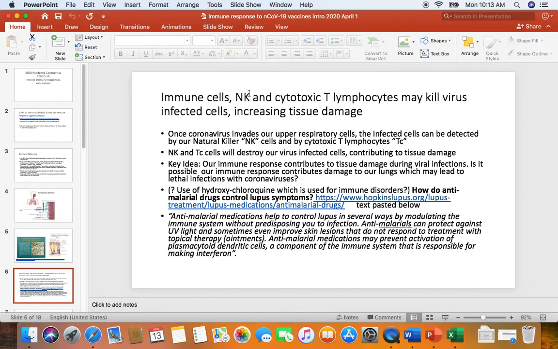NK cells are natural killer cells. And then this is a second cell of the immune system, cytotoxic T lymphocytes. These cells are able to recognize our cells that have been infected by viruses. And their job is to kill our cells that have been infected by viruses. And you might think, gosh, why are they doing that? Well, remember, the viruses are obligate intracellular parasites. So if our immune system can quickly identify our cells that have been infected, and quickly kill them, the virus won't have a chance to replicate. So even though you are hurting some of your own cells, hopefully if the response is fast and strong enough,